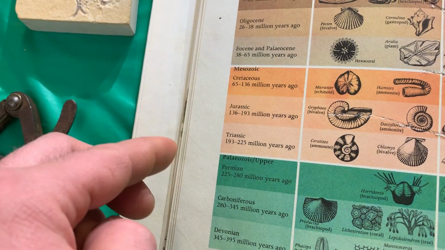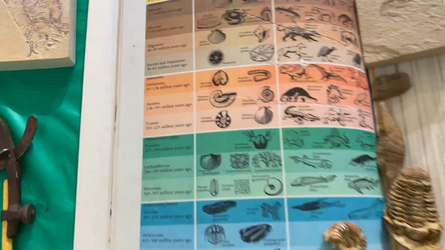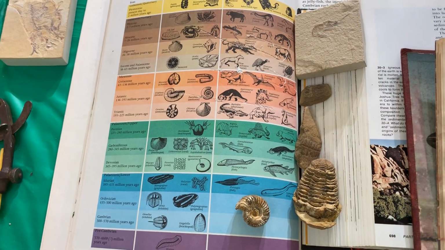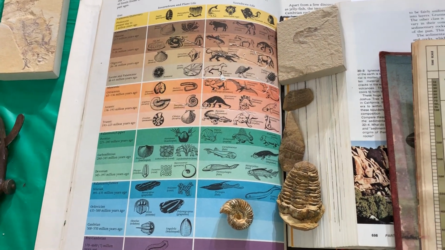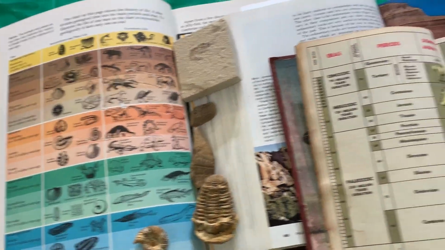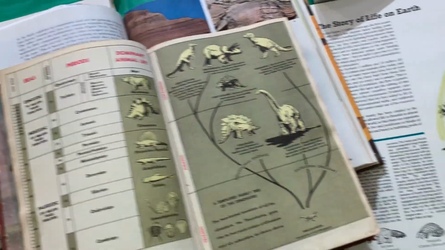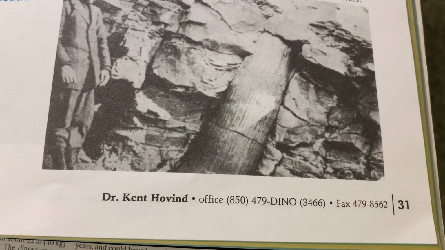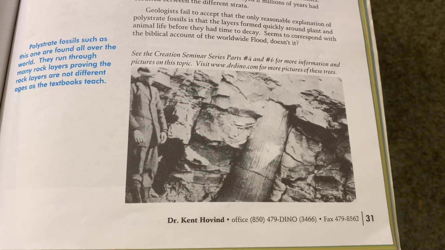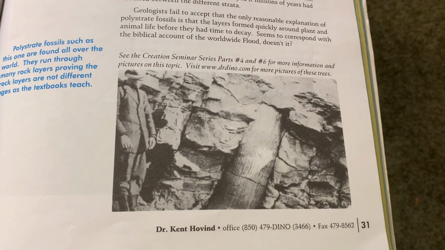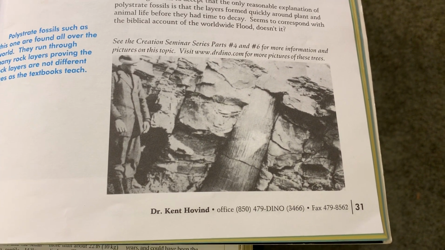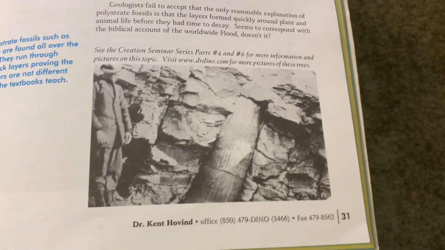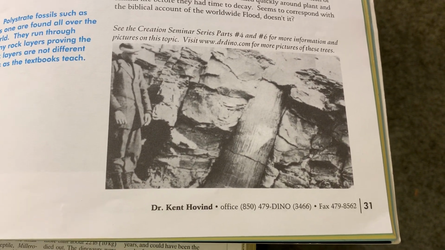65 million years. They come up with the random numbers, and that's how the geologic column comes to be. Yes, but there's more problem with the geologic time scale. If you look right here on this picture, the tree runs through multiple layers through a rock that was petrified in there. It's kind of like if you write a sentence in kindergarten and the teacher crosses it out. No, that's incorrect.